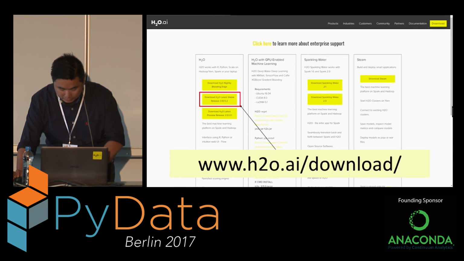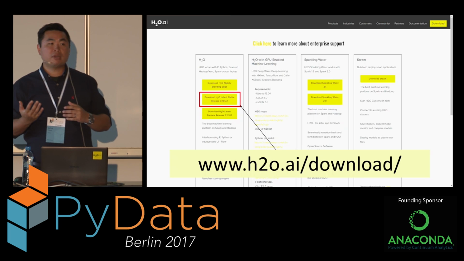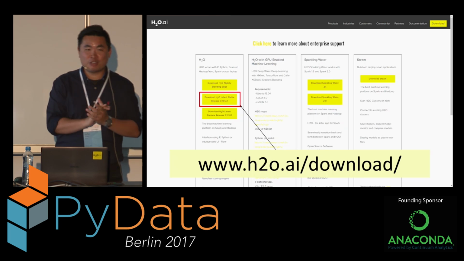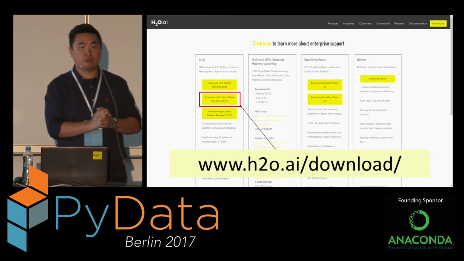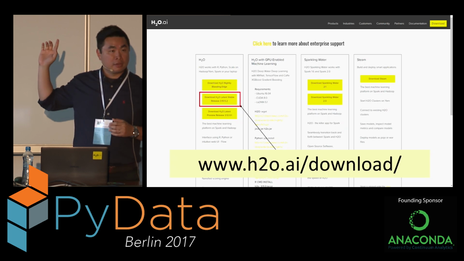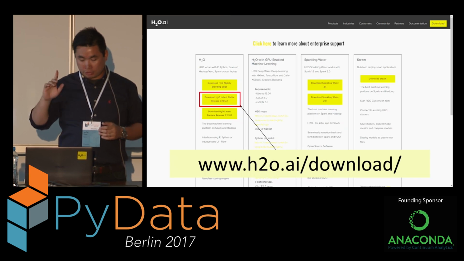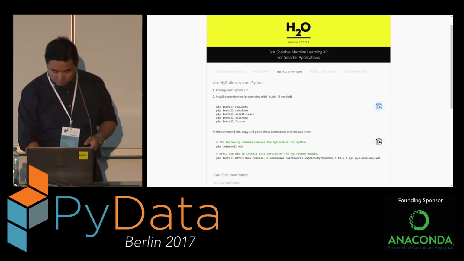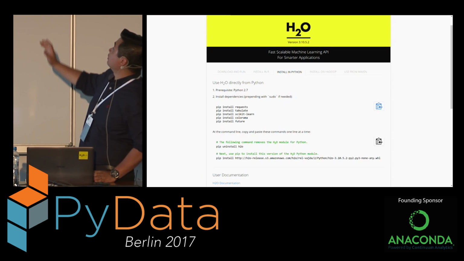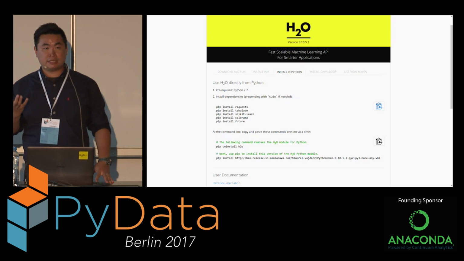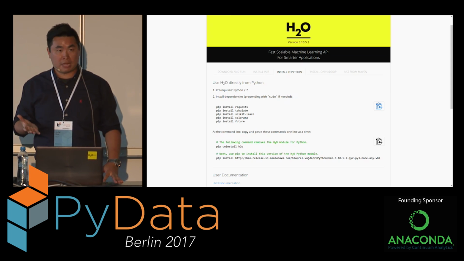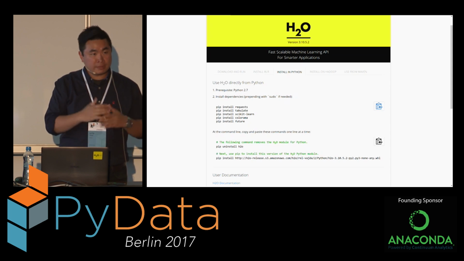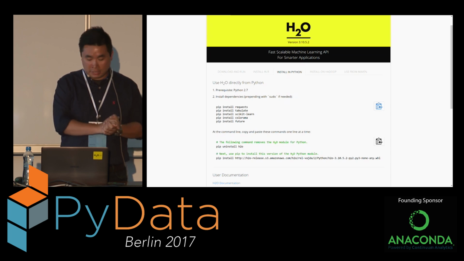Oh, of course, one more thing. How many of you have installed H2O before this session? OK, 1, 2, 3. Don't worry about it. It's not that difficult to install H2O. All the instructions are online. So if you go to h2o.ai/download, then you can find the information about how to download H2O and install it in Python. So basically, it's like this. Maybe it's not that clear, but it's basically just a few dependencies in Python, and then you install the H2O package in your Python distribution. It's nothing really complicated to install H2O. You can think about H2O as a module for Python on your computer.